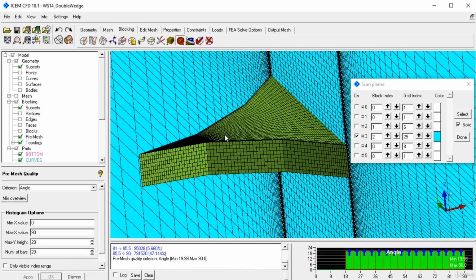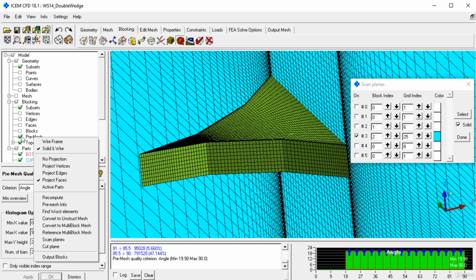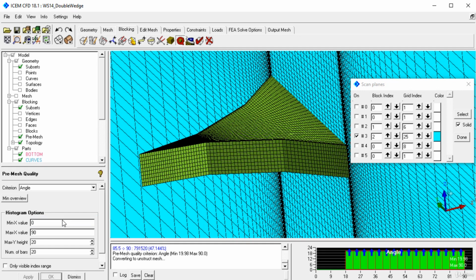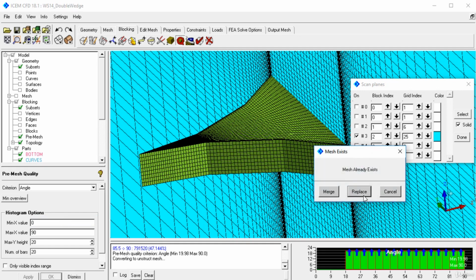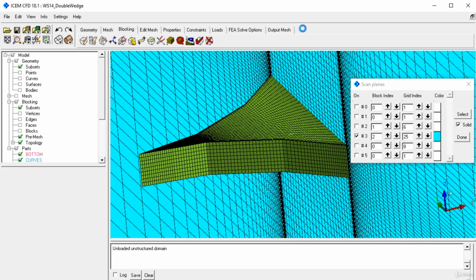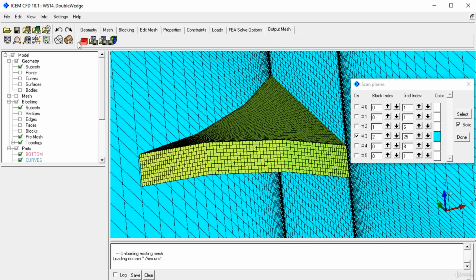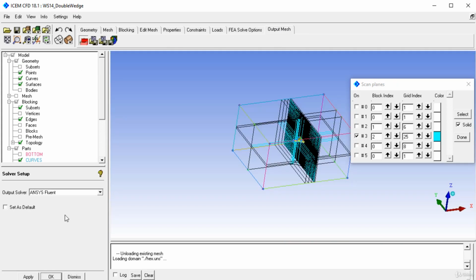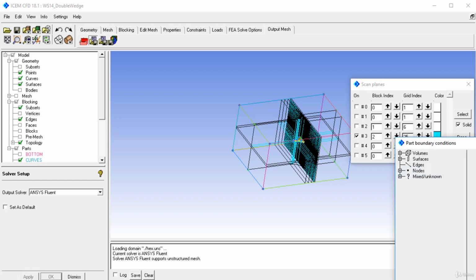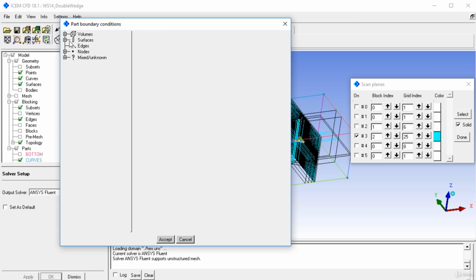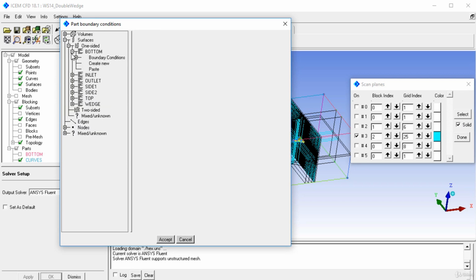with the boundary conditions and the solver. So right click on the pre-mesh and click on convert to unstructured mesh here, because Fluent or CFX are unstructured solvers, so we need to convert this mesh to unstructured. And then from output mesh, choose the solver, which is Fluent in our case. Apply, and then click on the boundary conditions, and I will define the boundary conditions as, for the bottom I